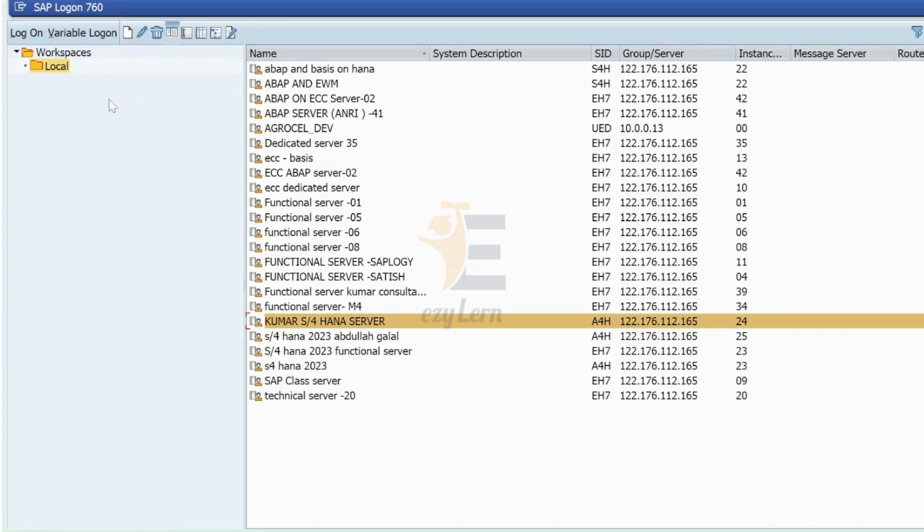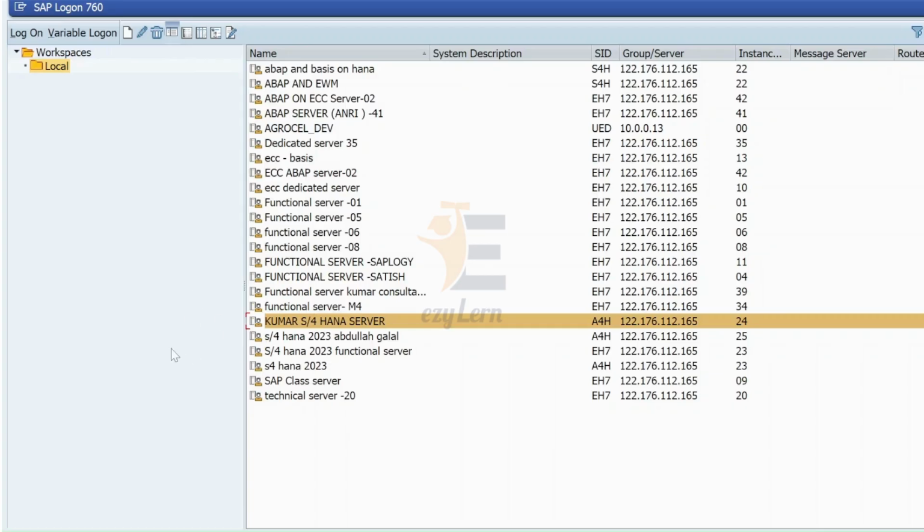SAP Logon itself has several versions, like 740, 760, 770, or 800 release. Whatever version you have, you can use. But the latest version of S4 HANA 2023 can be used with version 760 or above.